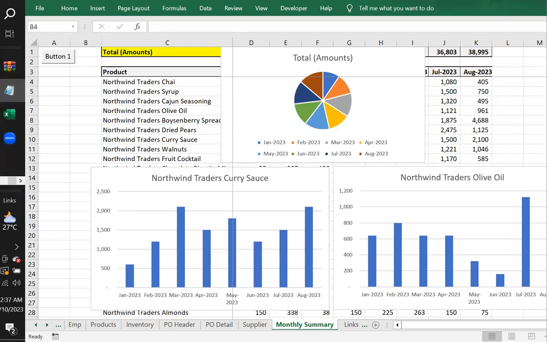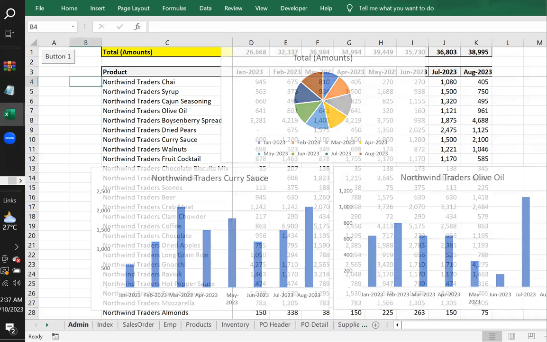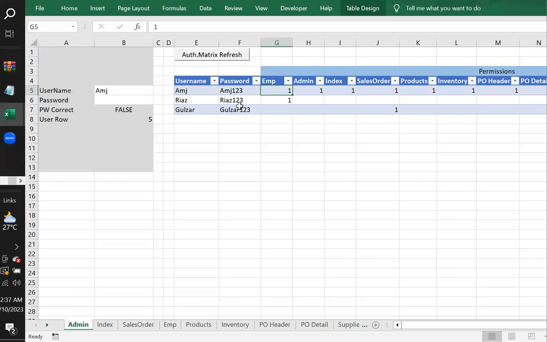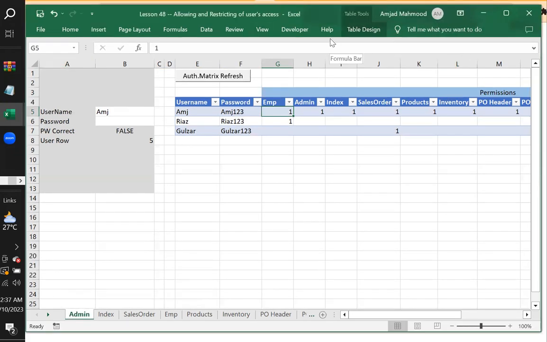So, in our previous video, we showed you some very exciting things related to VBA, in which you can develop your own authorization matrix. The authorization matrix is a very popular thing, especially in all the big systems like SAP or Oracle, wherever you have a multi-user environment. You have to deal with it, and especially while speaking about SAP, they have a separate model for this